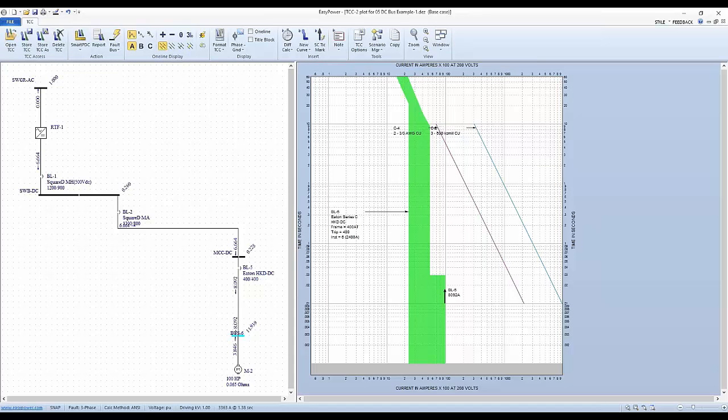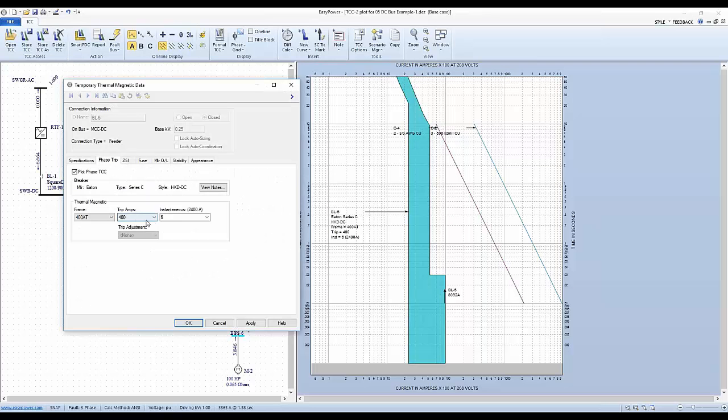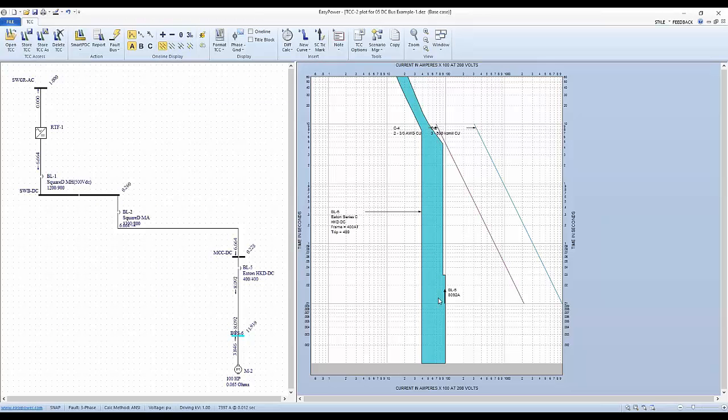Now, whether or not BL5 is adjustable is the question, and if you go to look at this at a 400 amp breaker, that's all I'm going to get. I have some higher settings, which won't help the situation in terms of trying to move this vertical band to the left. So that's the way you set it up. I'm not sure if I have, unless I pick out different devices,